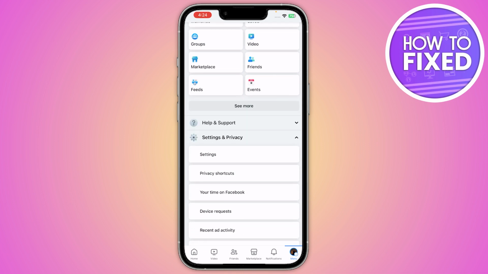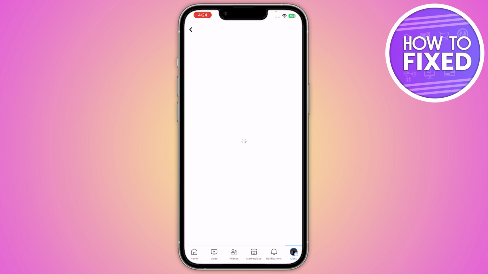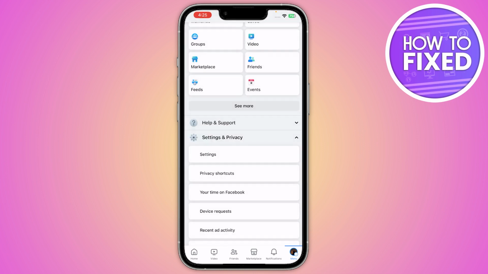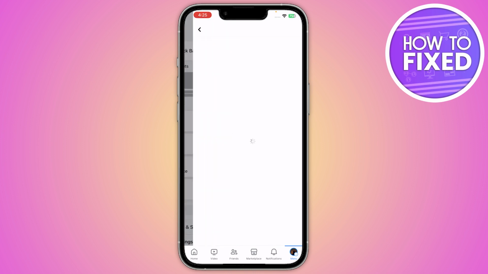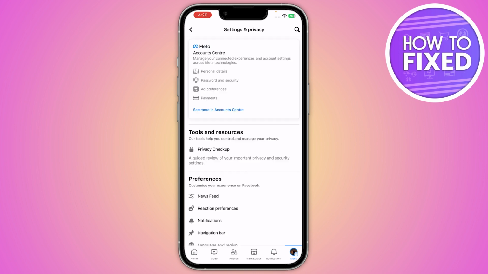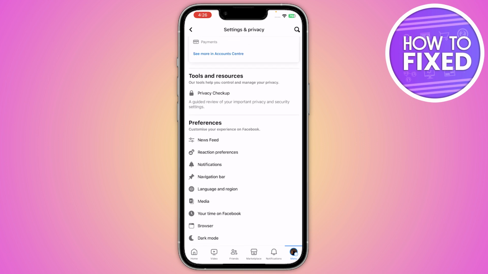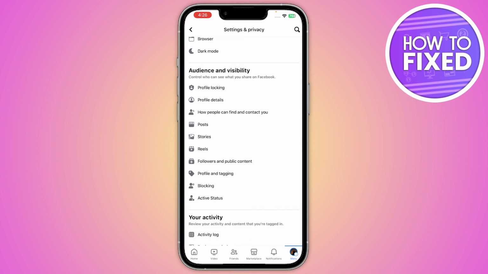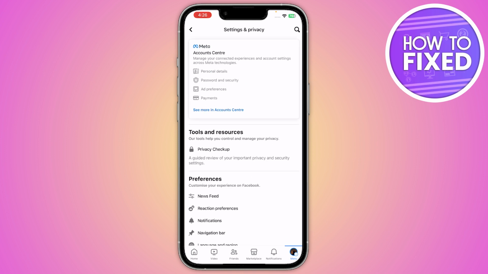Now here is the option of the settings. You can also click on it, and you can also go from the other side, that is, if you go back and click on this gear icon, from here you can also go to your Facebook profile menu. So now once you are in, you just have to scroll down, and here is the option of the personal